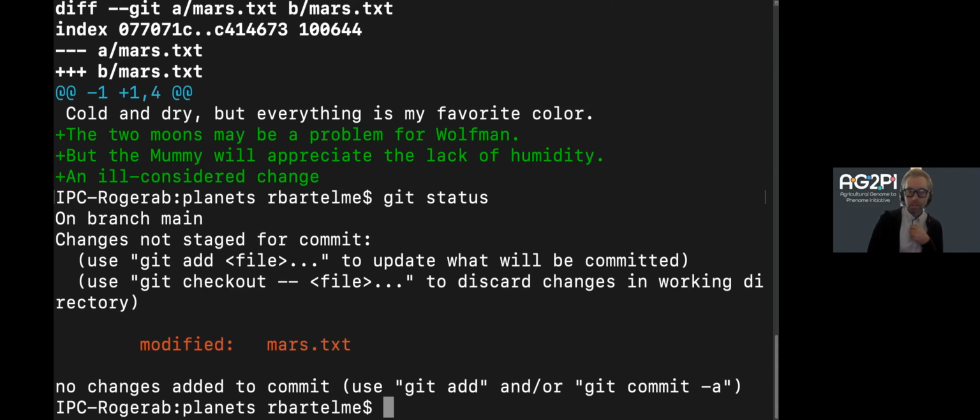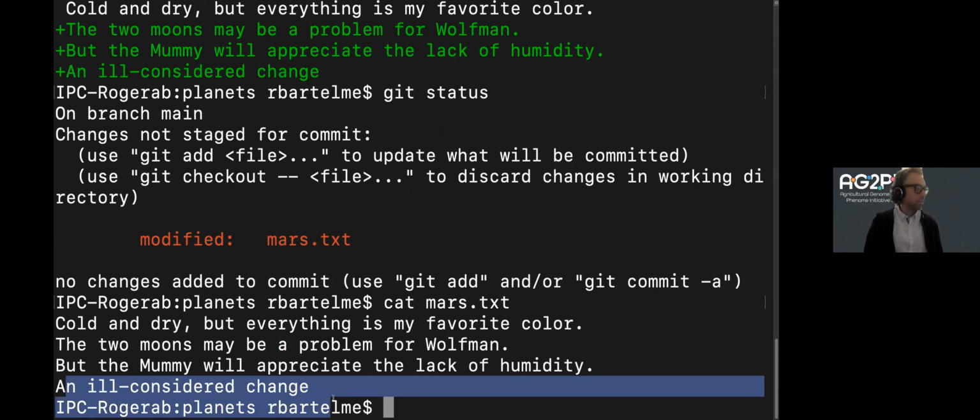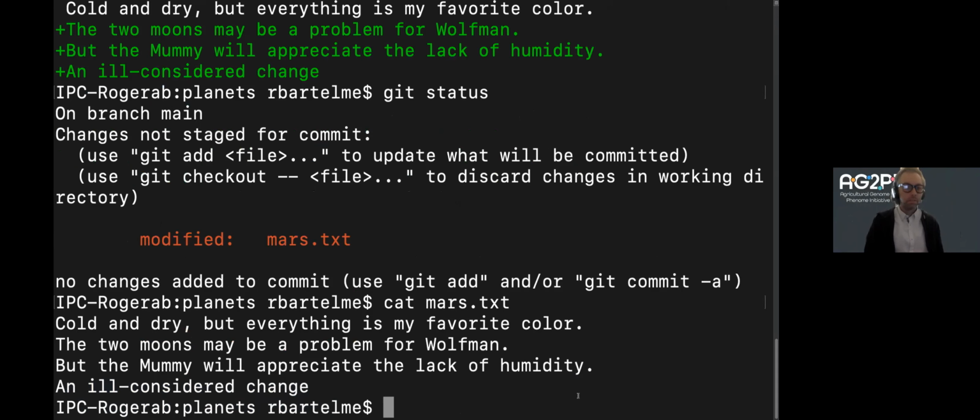If we wanted to revert our file back, so we've changed this, and we know when we run cat mars.txt that we have put in quite literally an ill-considered change. And so one command you can use is git checkout. So git checkout and then HEAD mars.txt,